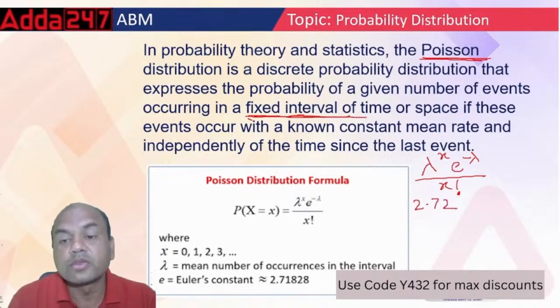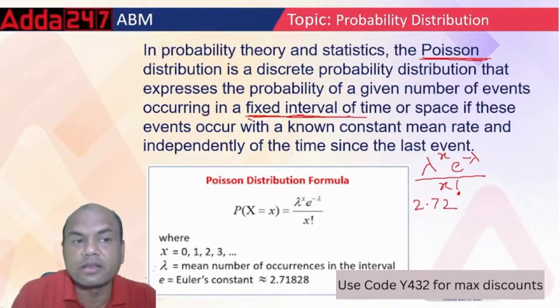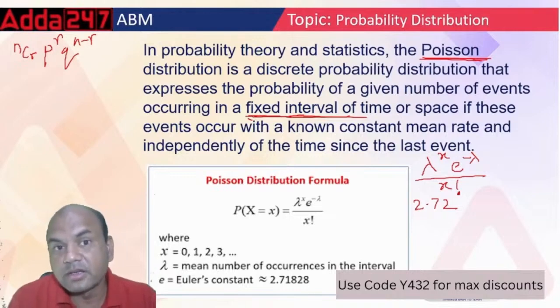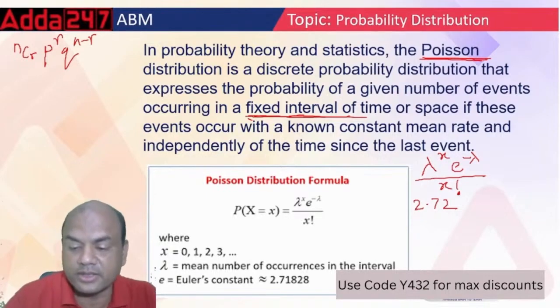Okay. So this is Poisson. So binomial formula, what is the formula for binomial? nCr, p raised to r, q raised to n minus r, right? What is the formula for Poisson? Lambda raised to x, or r you can call it. Some books call it r, some books call it s, one and the same thing. Lambda raised to r, e raised to minus lambda upon r factorial. What is r or x? It is what is asked in the exam.